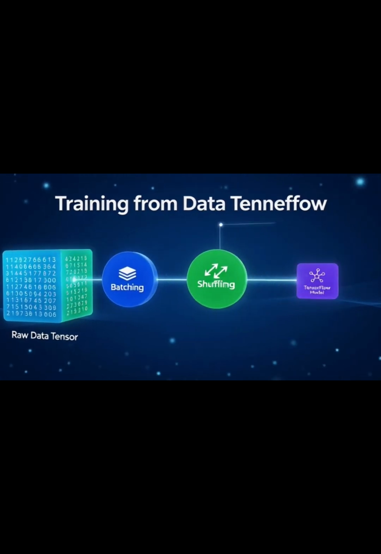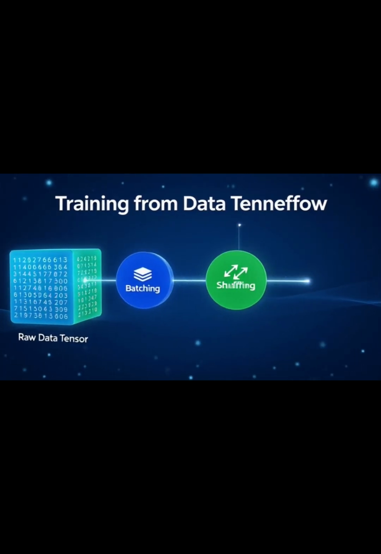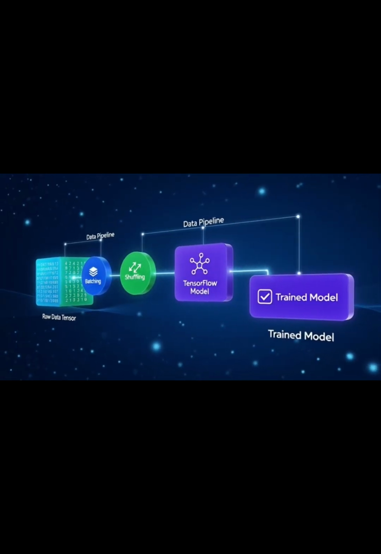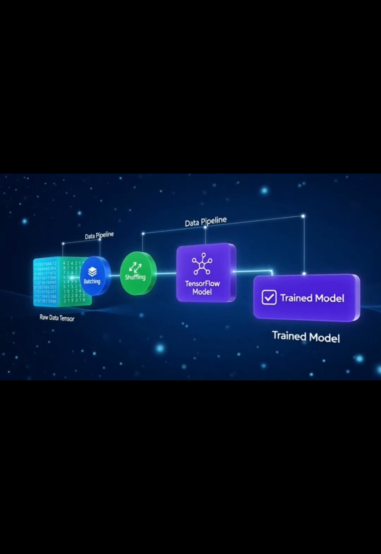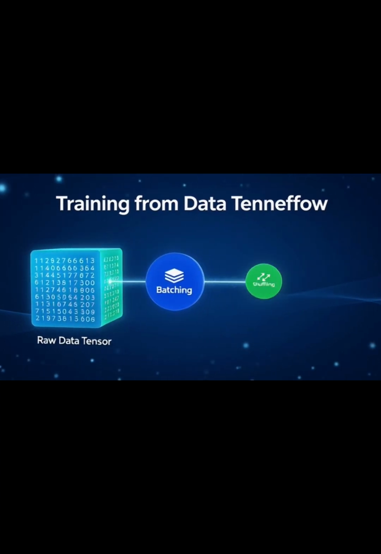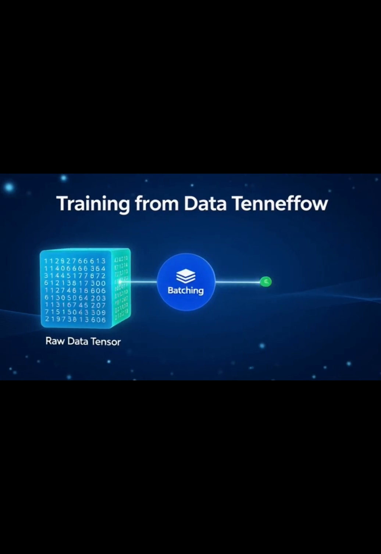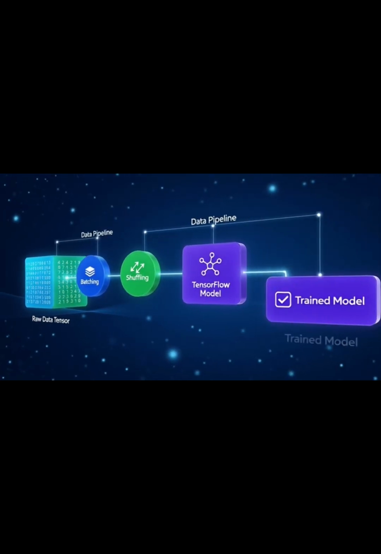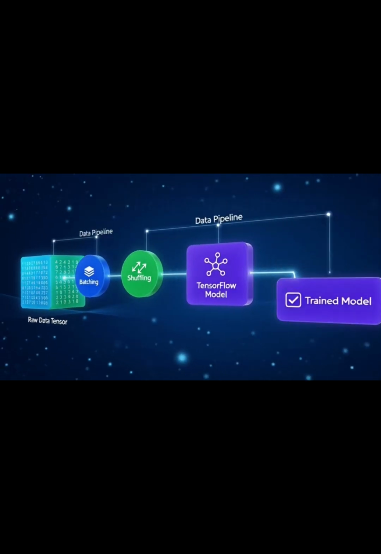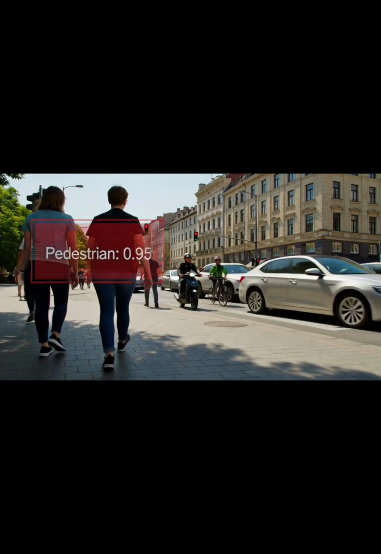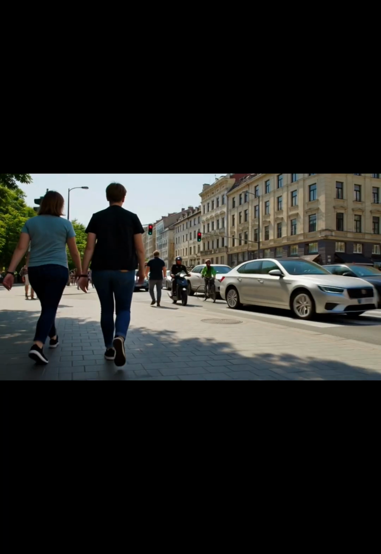Training process. This is where learning happens. Feed data to the model. It makes a prediction. Compare the prediction with the real answer. Calculate error or loss, how wrong it was. Use backpropagation, magic math inside TensorFlow, to find out which weights caused this error. Slightly change, update, the weights to make the error smaller next time. Repeat this thousands or millions of times. Many epochs equals full passes through the data. After training, weights are no longer random. The model learned patterns. Now it can guess correctly on new data it never saw before.